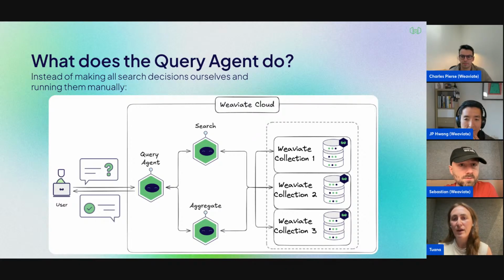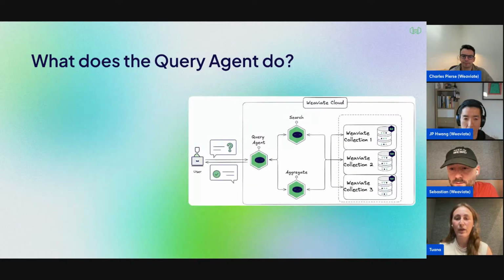So instead of the search requiring some vector search or semantic search, it might require, for example, a count of a certain property. So the way the query agent works is that it'll both be able to access all of the collections in our Weaviate cloud cluster, and on top of that, it'll be able to decide whether to do search or aggregations.